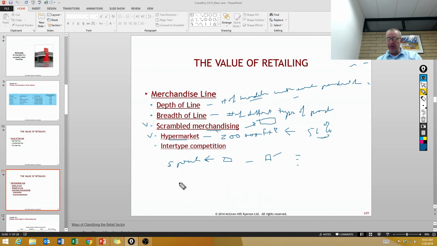Okay, and then we have superstores. Superstores have between 100,000 and 200,000 square feet, and they sell both merchandise and groceries. So they're a form of scrambled merchandiser. Some examples of that are the Walmarts of the world and the Loblaw superstores. They have the clothing on this side and the food on this side.